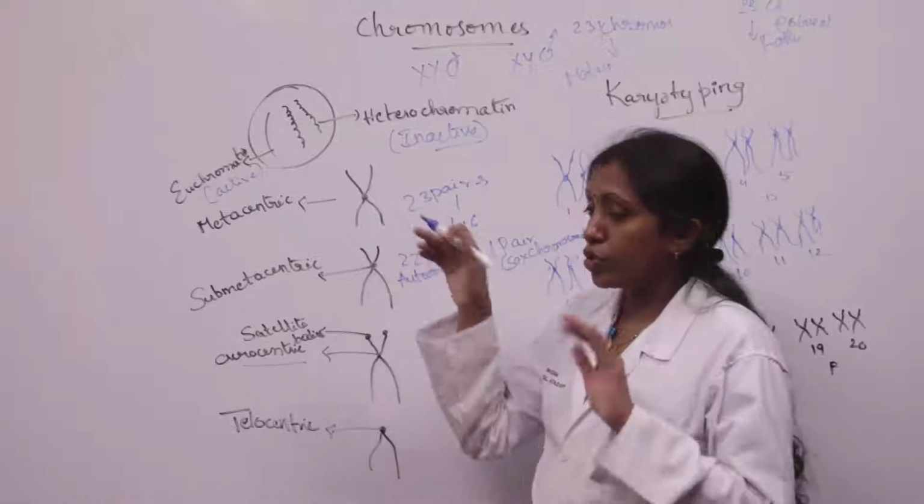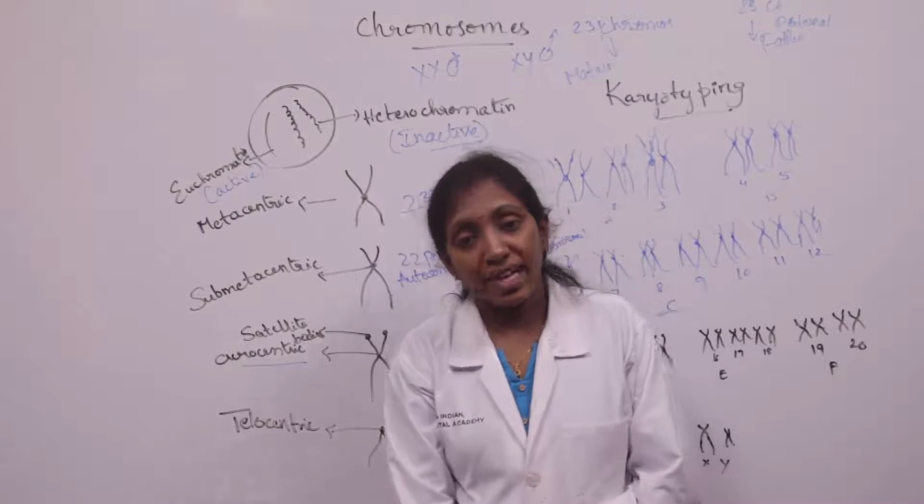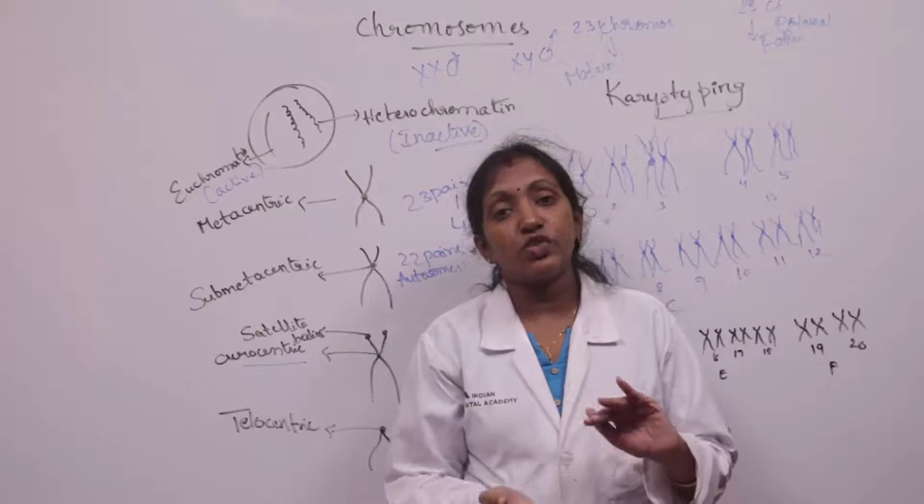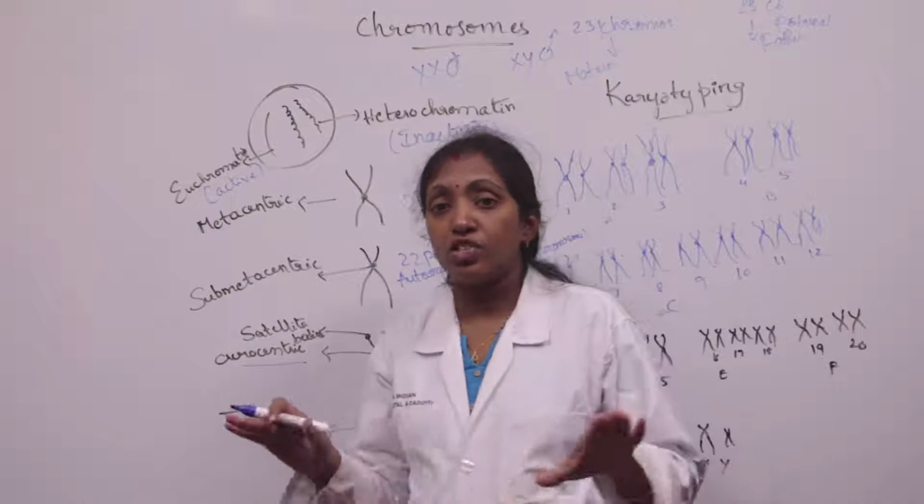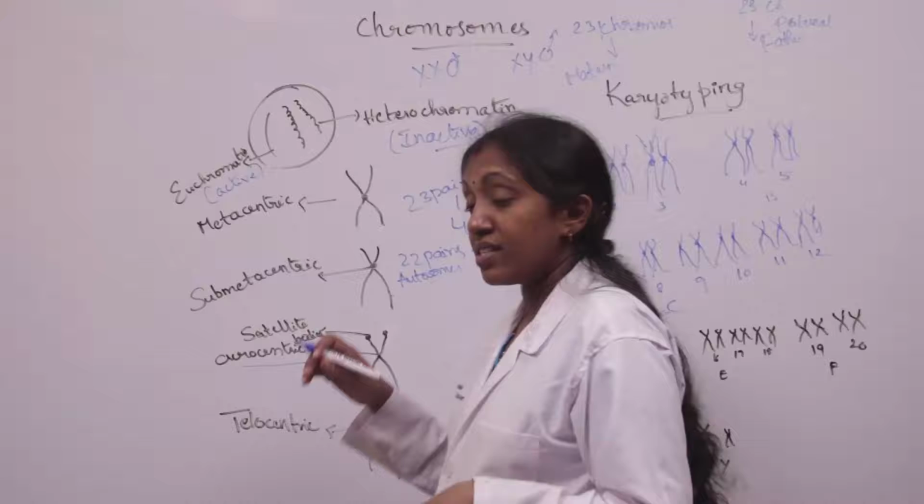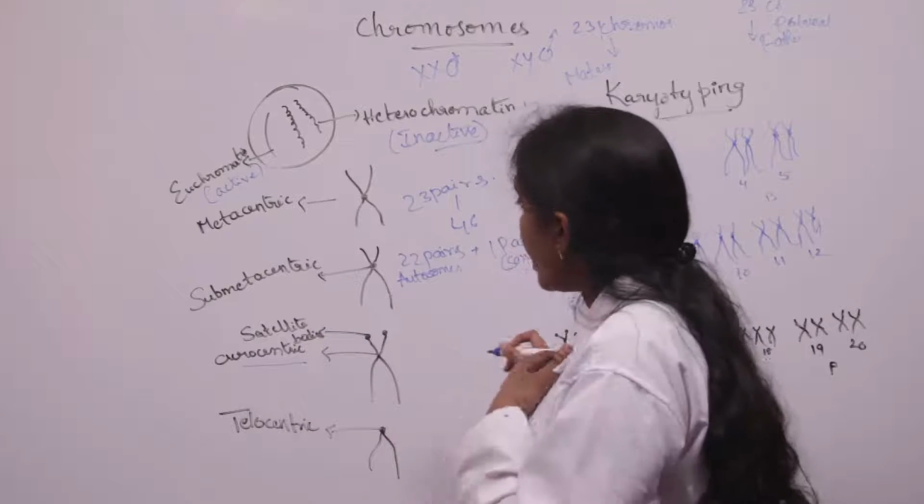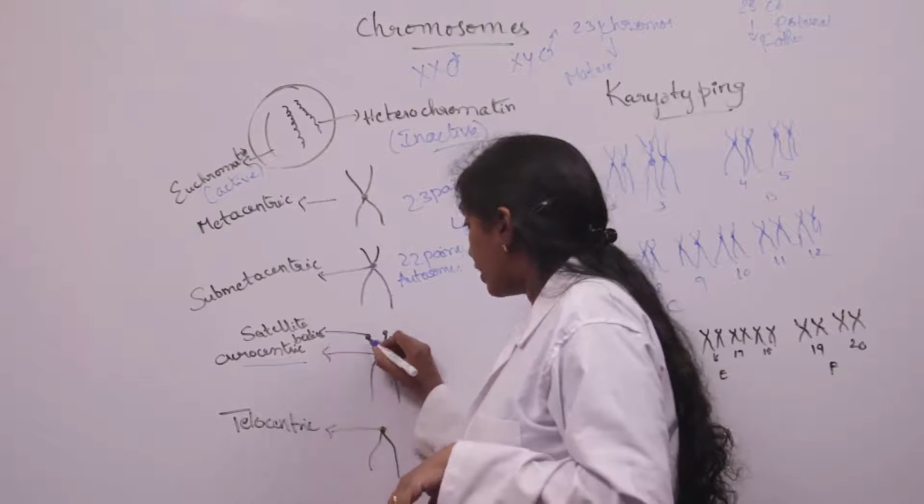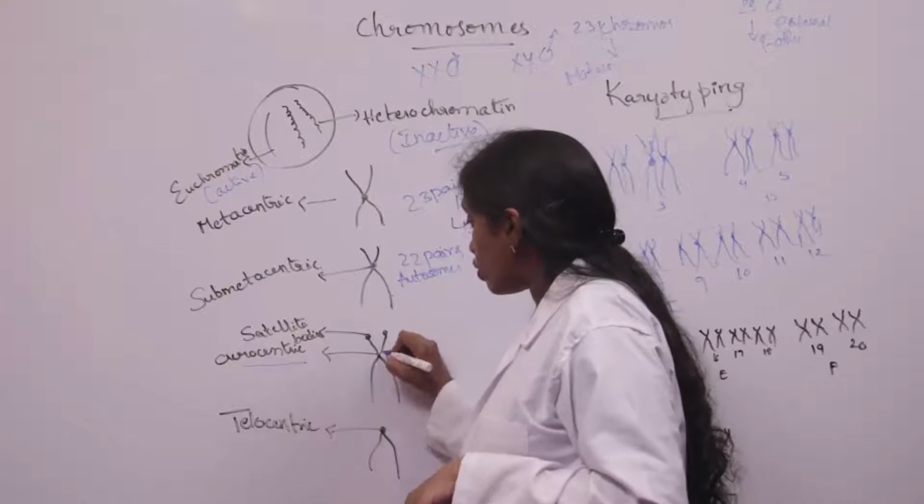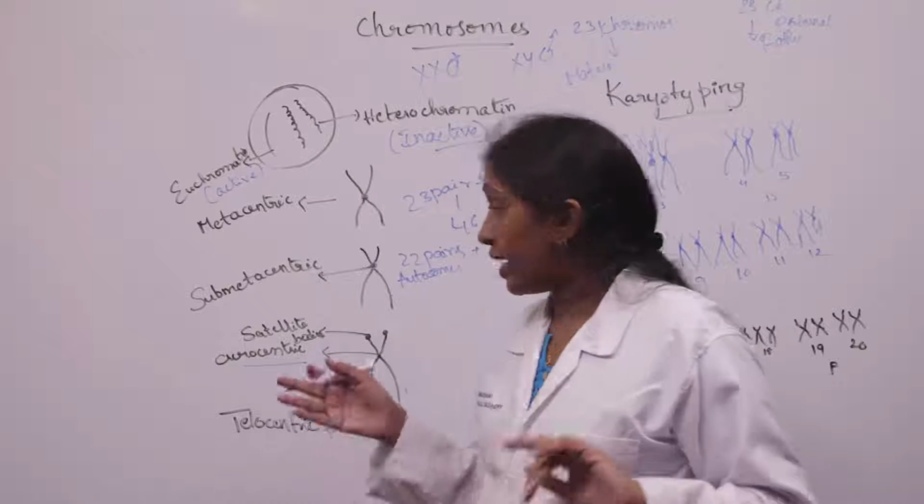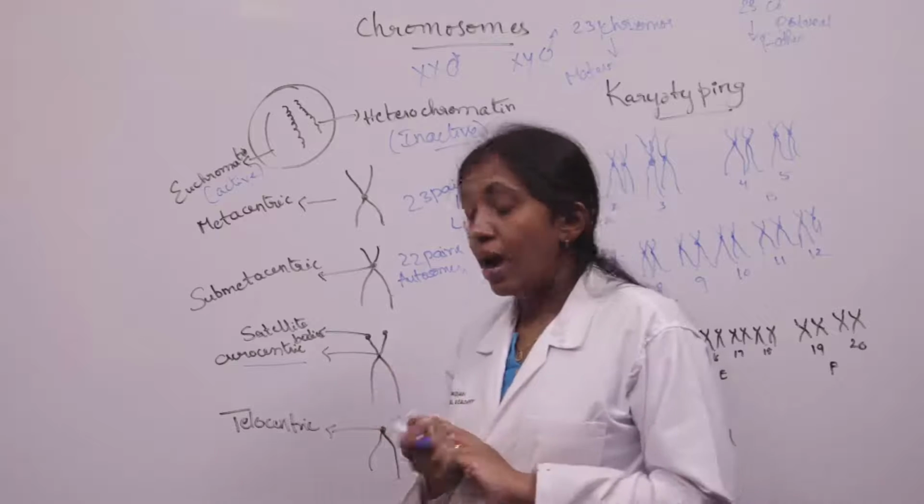So when the centromere is situated at the center, we call them metacentric chromosomes. When the centromere is situated a little above its normal middle position, we call them submetacentric chromosomes. And in the acrocentric chromosomes, the centromere is situated similar to the submetacentric chromosome, but here